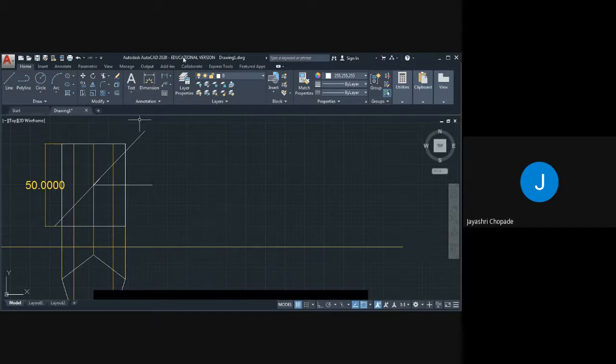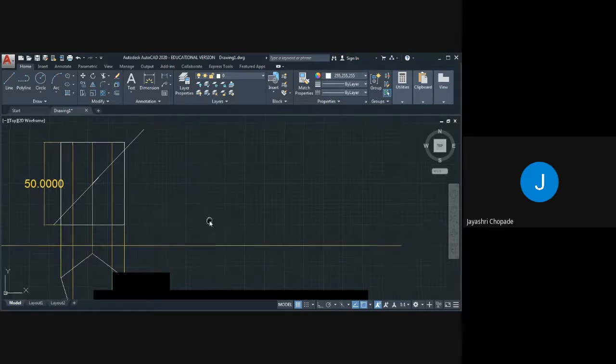Here we will draw projection, extra line we will delete. Go to erase command, select line, press enter. Here we will draw the projection.